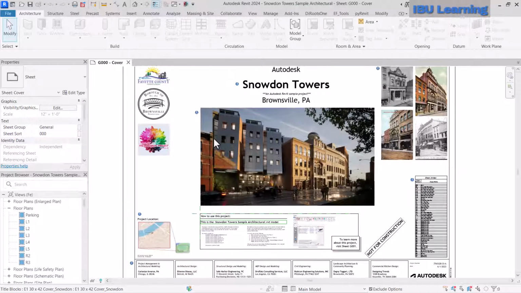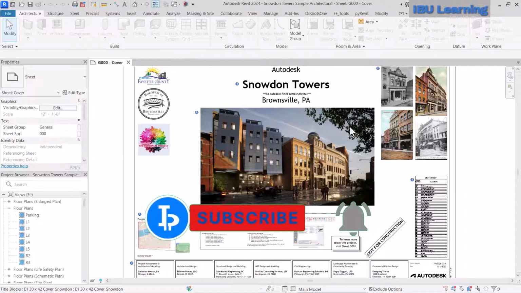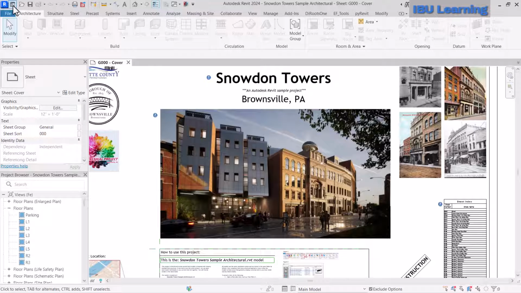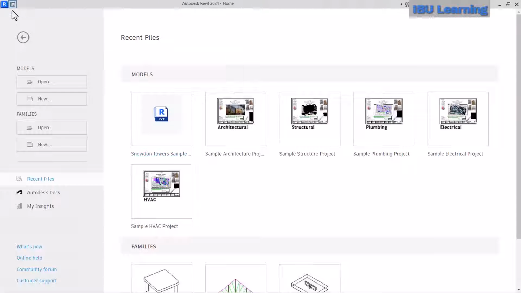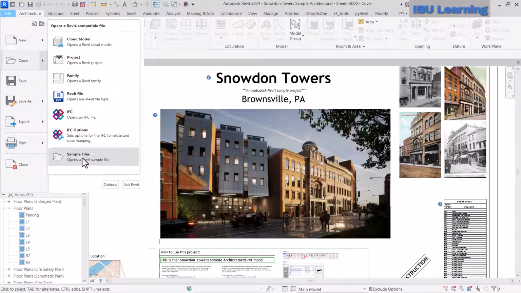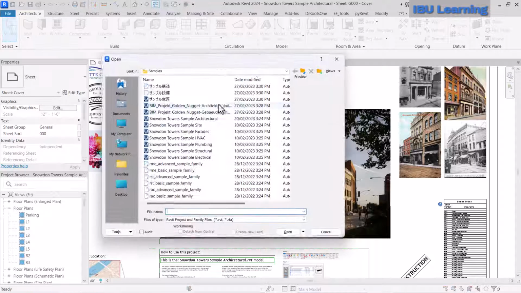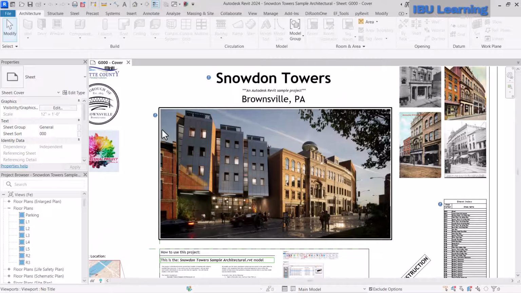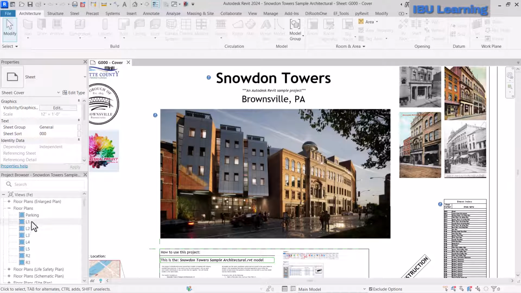So here you can see that I have a sample Revit model from Autodesk, and you can get this file by going to File and then clicking this icon, and the sample file you can get from here. It's already installed with your system. So here I'm just going to any plan,